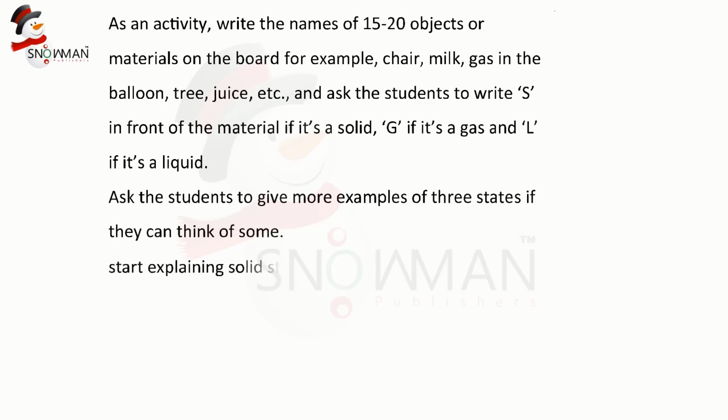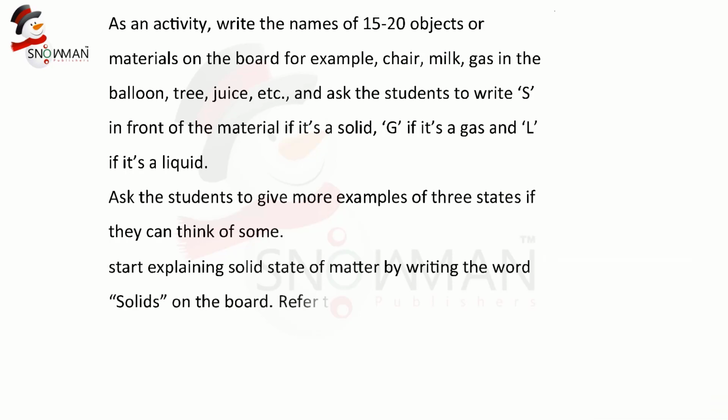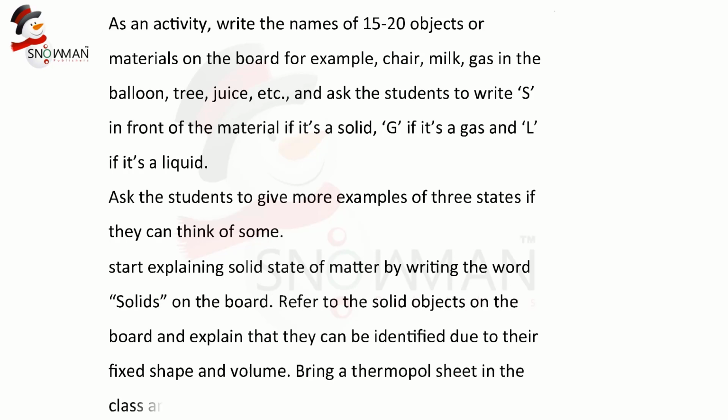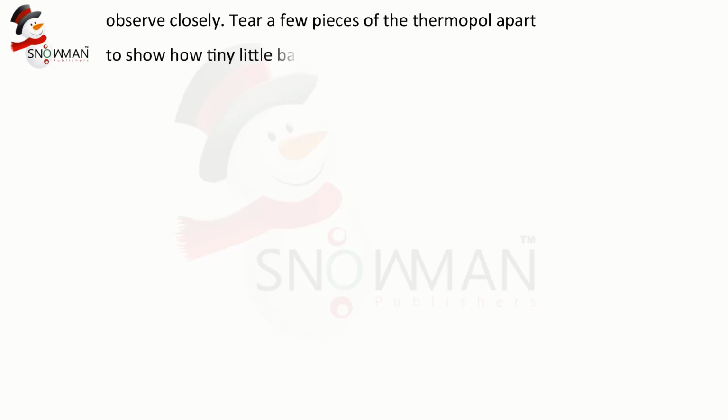Start explaining the solid state of matter by writing the word solids on the board. Refer to the solid objects on the board and explain that they can be identified due to their fixed shape and volume. Bring a thermopole sheet to the class and gather the students around a table to help them observe closely. Tear a few pieces of the thermopole apart to show how tiny little balls are packed together tightly to